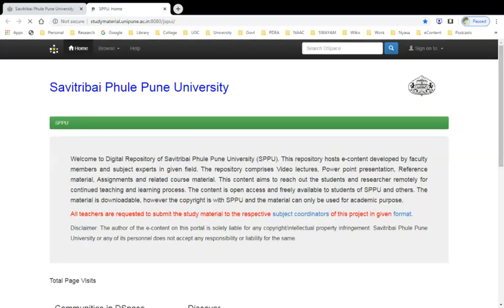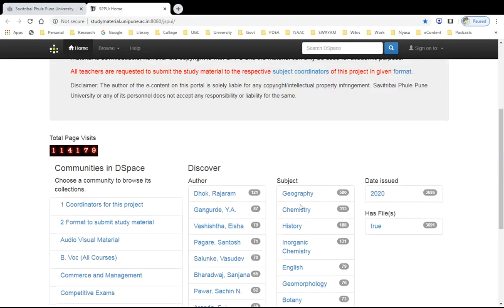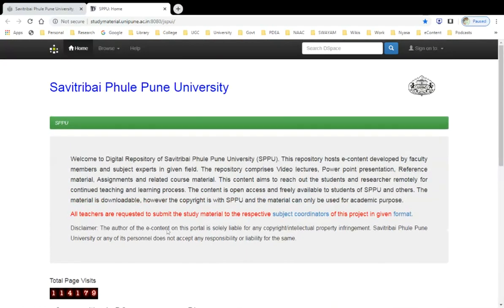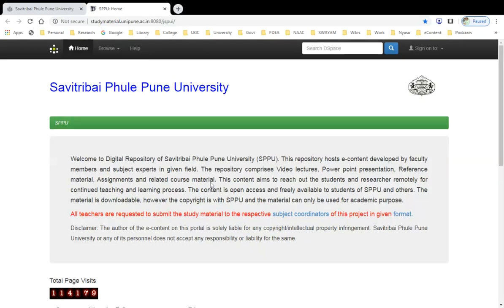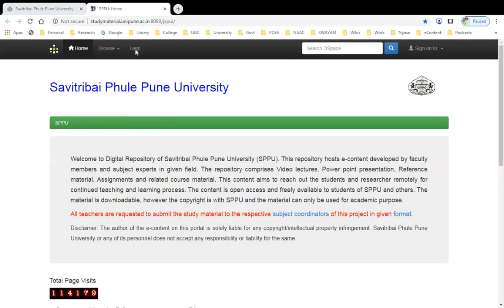So we are on the homepage of the e-content of Savitribai Phule Pune University and its repository. See, here on the homepage of studymaterial.unipune.ac.in, you will get home, and browse according to the communities, issue date, author, title, subject-wise, and you have a help button also here.